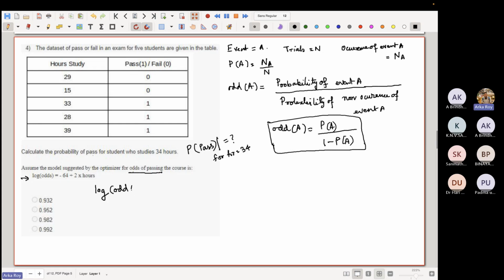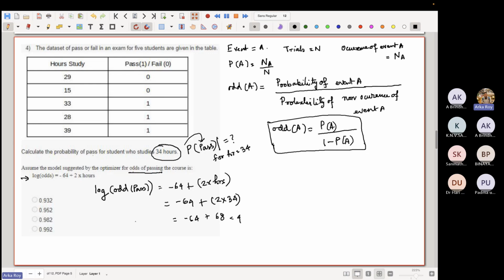So probability of odd of pass. Because now the event is basically to pass the exam. Therefore log of odd of pass is equal to minus 64 plus 2 into hours. The hours they have asked us is 34 hours, so I can write it as minus 64 plus 2 into 34,